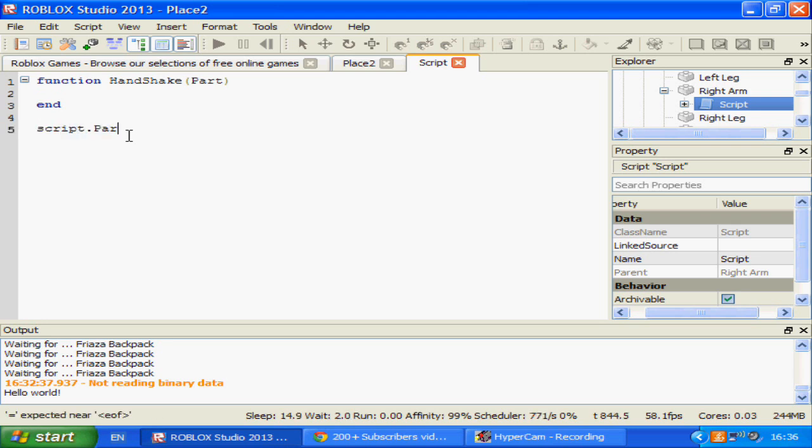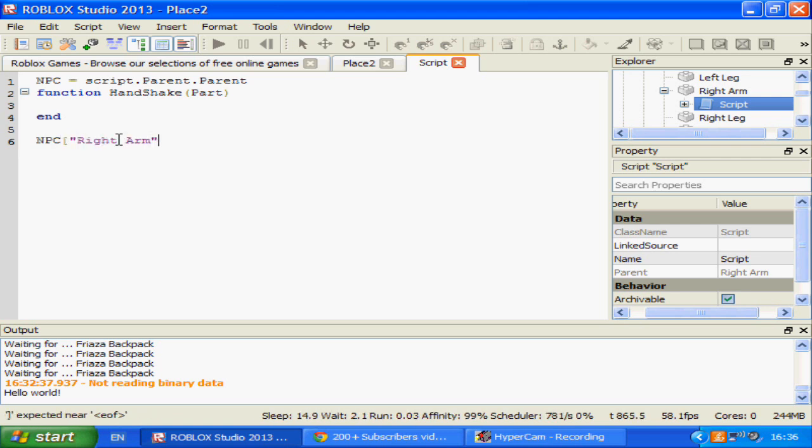Well, not yet, but script.Parent.Touched, script.Parent being the arm, connect, actually, npc right arm.Touched:Connect(handshake), npc